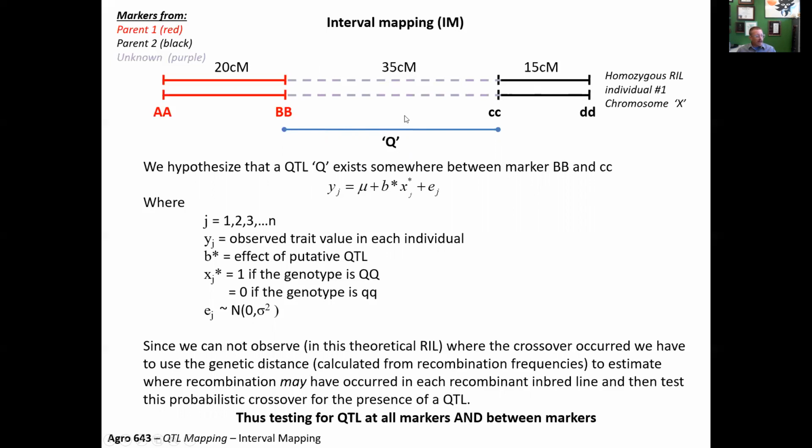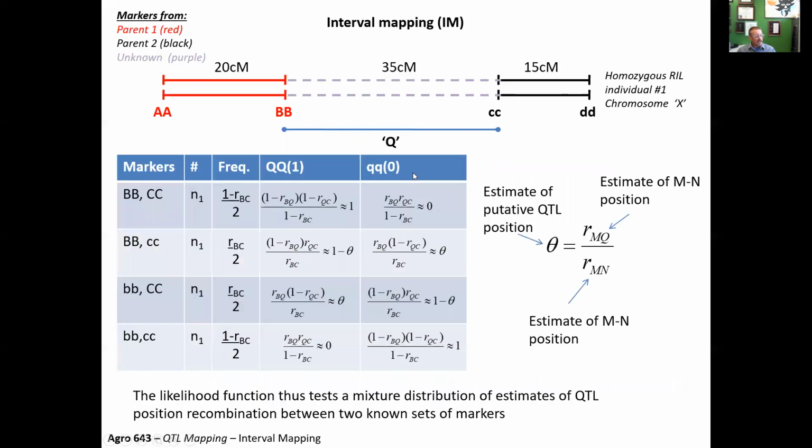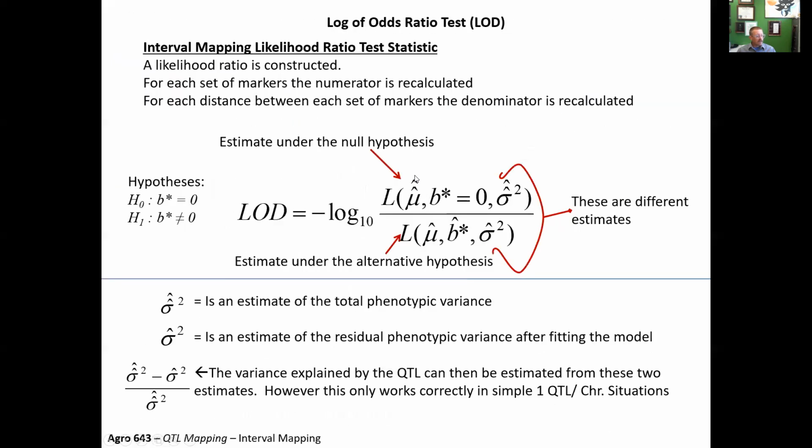Based on where other recombinations are happening, we know which individuals are more likely to have a recombination here, a recombination here, or no recombination in this interval. And so that's the goal in interval mapping, to test QTL at all markers and between all markers. I'm not going to go through the equations, but that's where you start to see those